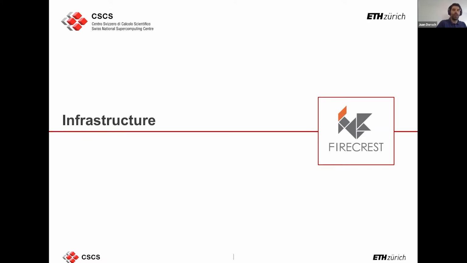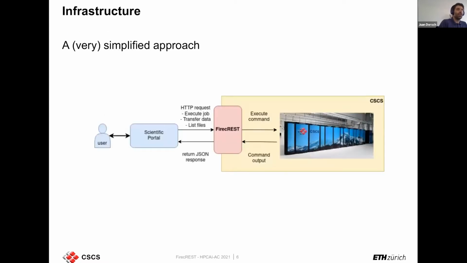So I will explain now how FirecREST is interconnected with the infrastructure we already have at CSCS and with other tools that we have added to the functionalities of this API. So the idea is this one. You have a user in your research institute or your university, and you want to communicate through a scientific portal to execute jobs, to transfer data, list files, or whatever you want to do in a supercomputer. And in order to do that, you connect with FirecREST. So you can see that the blue part is the client side, the user side. And then you see the yellow side, which is basically an HPC center. And you can see that FirecREST is the layer that interconnects the scientific portal with the